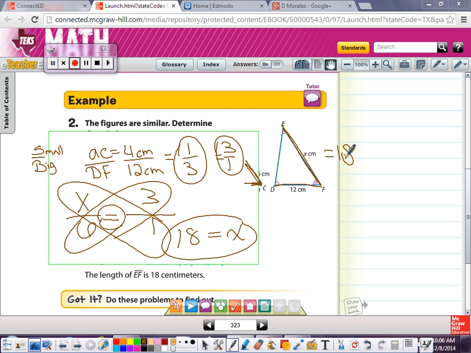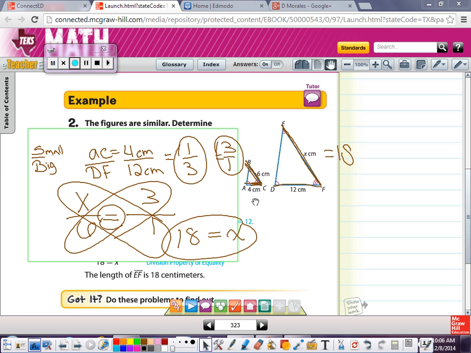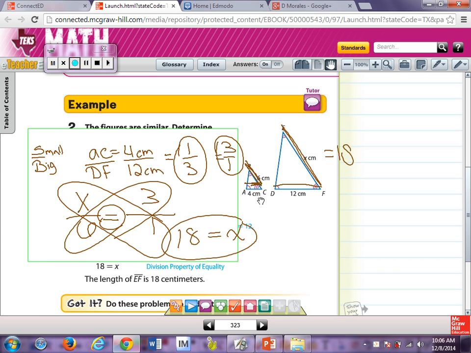Another way I can see this is by looking for another pattern. I can say 4 times 3 is 12. So then 6 times 3 is whatever that missing number is, which is 18. There is more than one way to find the missing side. And that's exactly what you're going to be practicing with this example. In the next